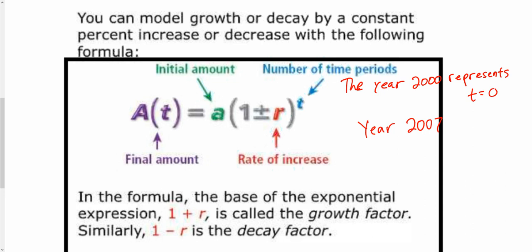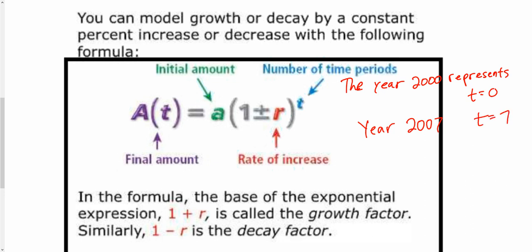No, that's not what it's saying. You're gonna measure, like let's say it's population. You're gonna measure the population not 7 years later like we were intending. You're gonna do it 2007 years later. So you got to be careful with how you plug this stuff in. Don't plug in 2007. Plug in t equals 7, and